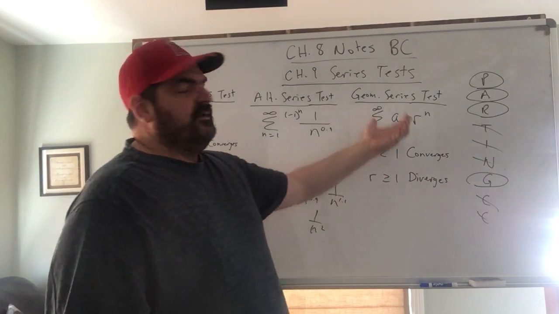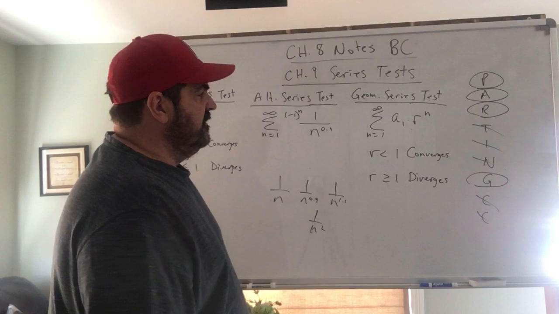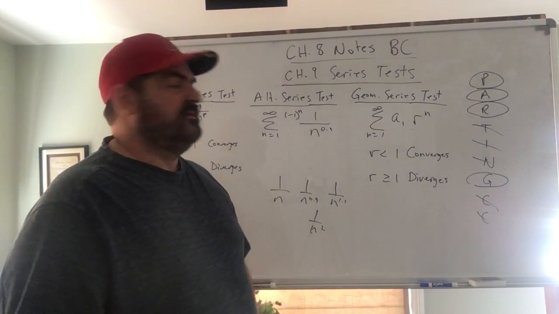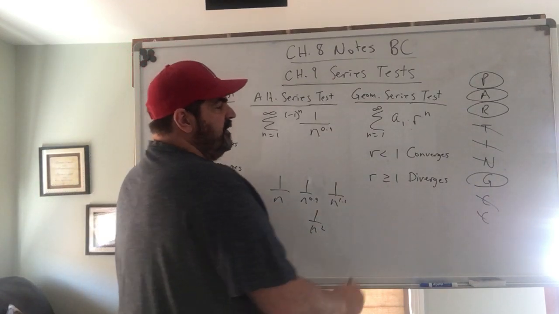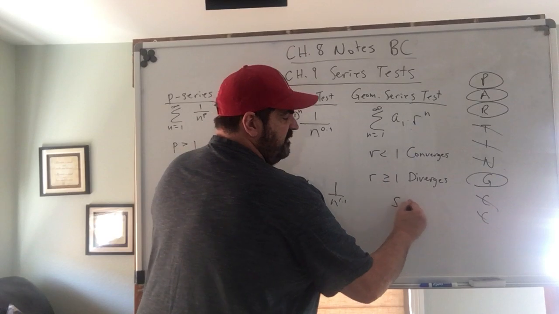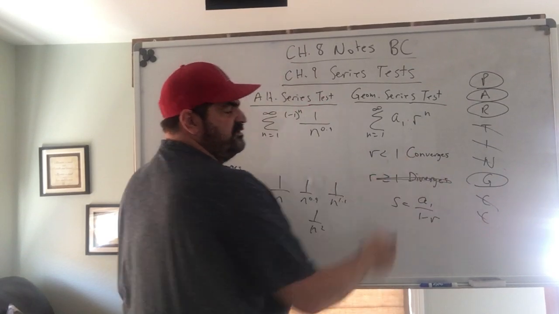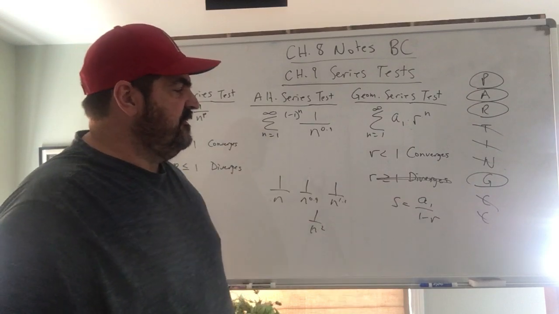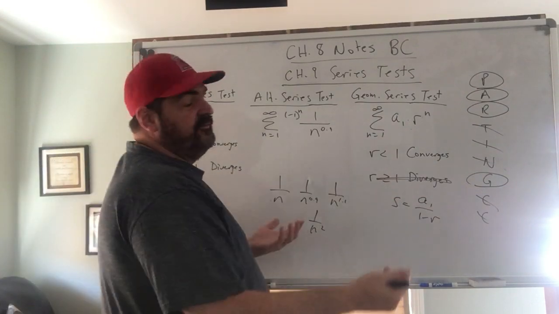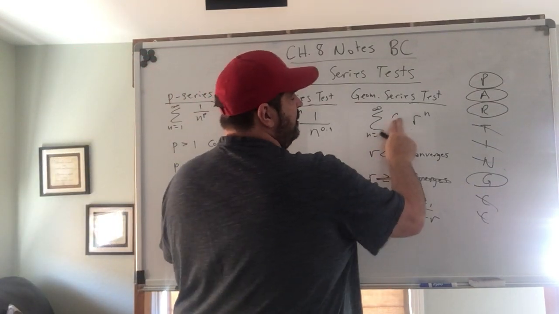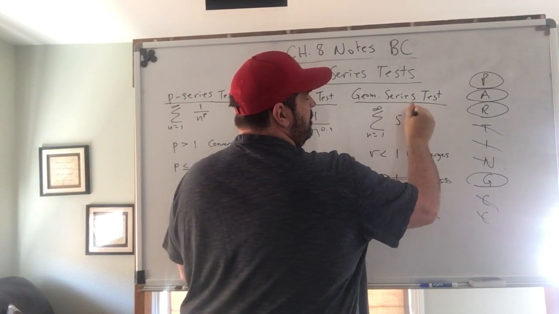So really, that's a pretty simple series to look at. You just have to look at the ratio and go, hey, is it less than 1? It's convergent. So remember, if it is convergent, so let's say we're convergent, remember the sum is the first term over 1 minus the ratio. So if they had you find the sum of the convergent series, let's go ahead and throw in a